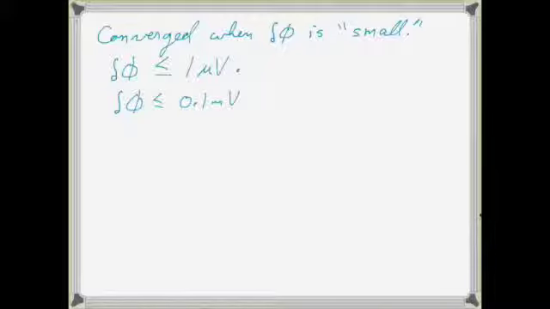Is it relative change of delta phi or just the value of delta phi? Say that again? I mean the delta phi, the relative value of change. That would be at every position. Every position. That's usually the way we do it. The way we usually set it up, this would be the magnitude of delta phi at each point, max, would be less than those values. You just keep a running maximum value, and if all the delta phi's at each point are less than that,